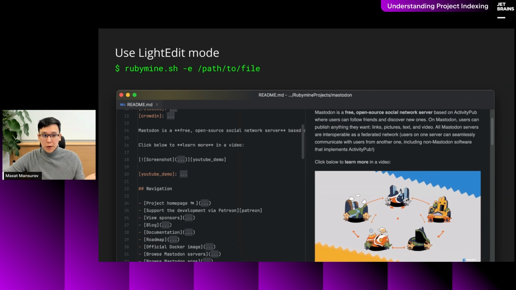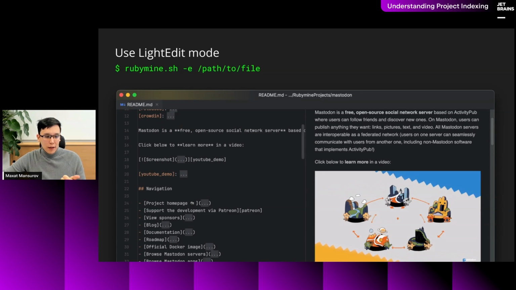Which is very useful, for example, when you are editing files like readmes or config files. You can just type rubymine /e, which will open this light edit mode editor, and you will have all your favorite shortcuts or everything that you are used to in the RubyMine IDE, and you can quickly edit what you need to edit, and go on with your work.